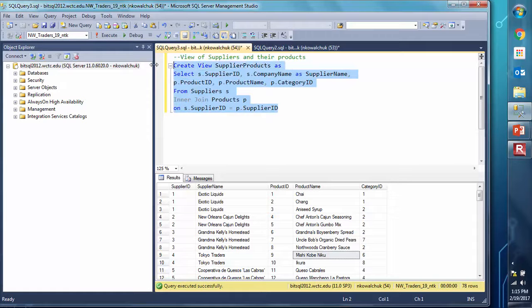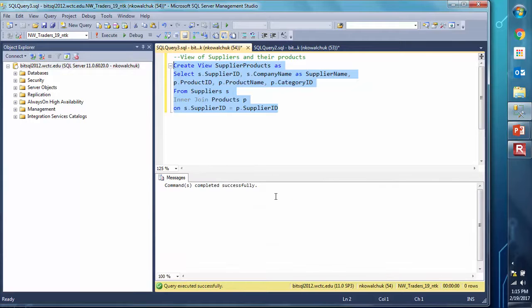And then I run it, and instead of getting data back, it says command completed successfully, which means it created my view. Great. Where is it? How do I find it? So I go into my database,